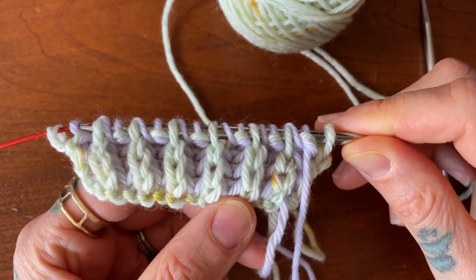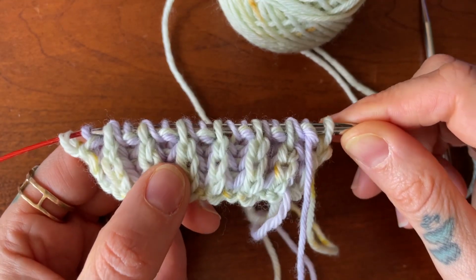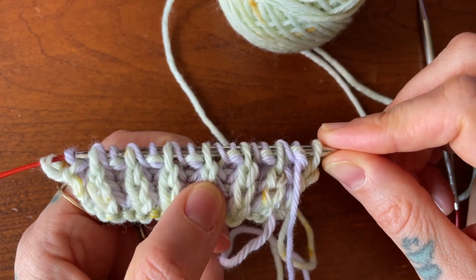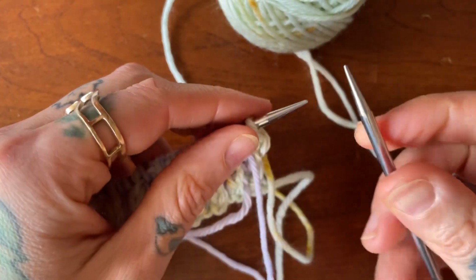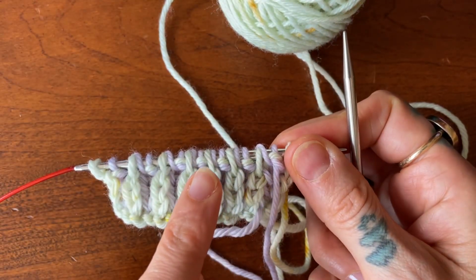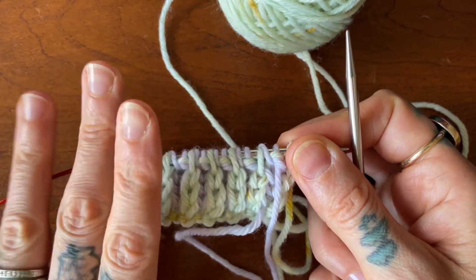Here is how I like to work the bark 4-stitch increase, which is a double increase, really a quadruple increase in brioche knitting. So we are going to start with 1 stitch and we're going to add 4 to it. I'm going to begin this demonstration holding my working yarn in my right hand for English style knitting, and then I will demonstrate it again on the second half of the swatch using the yarn in my left hand